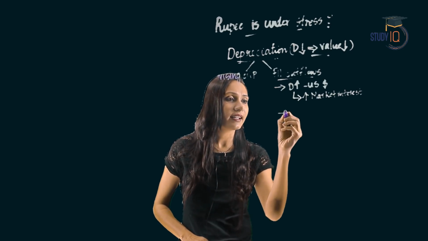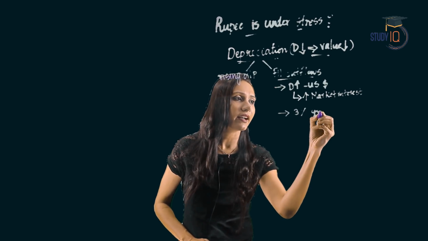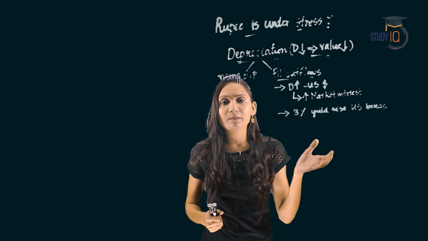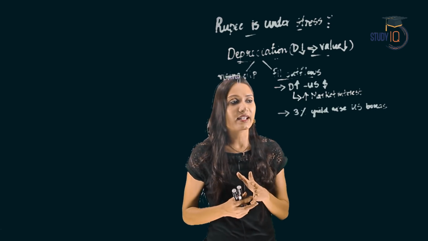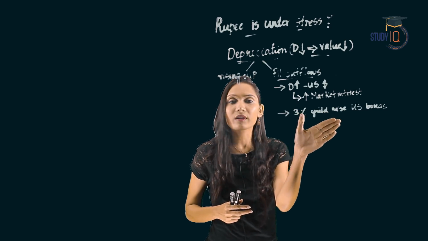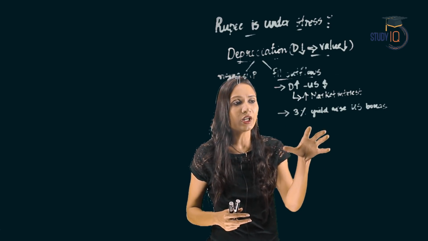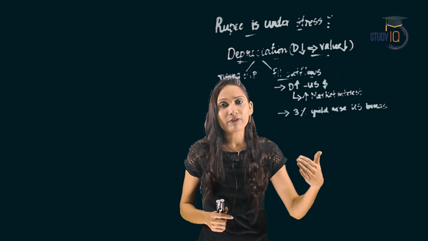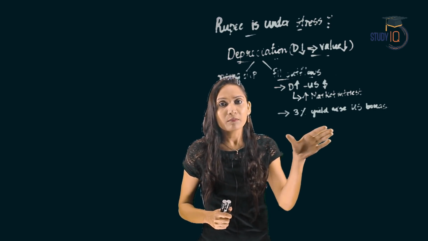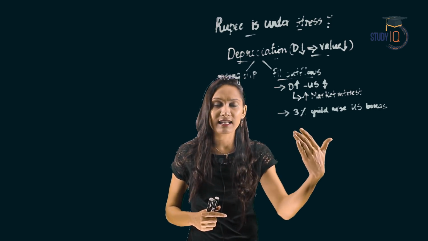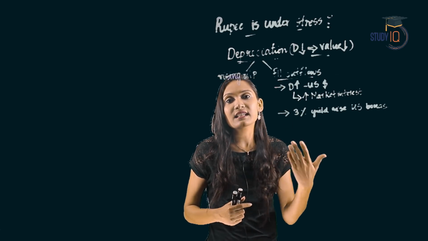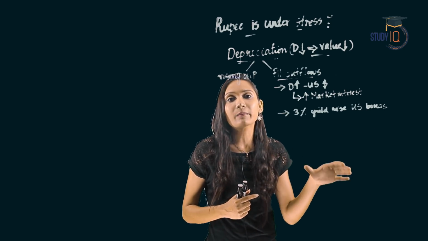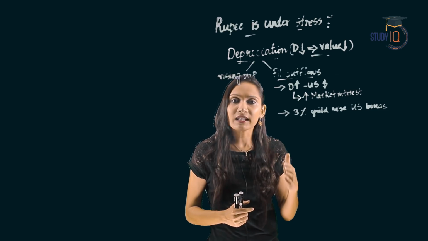Another reason is that there is a 3% yield rise for the US Treasury bonds. This means that the US Treasury bonds will now give more returns for the investor. Here you must understand the term yield. What is a bond yield? You should also know what a bond is, what bond yield is and what a bond return is as well. Later in this session we will discuss bonds and bond yield. For now, understand that when the bond yield increases, this promises higher returns to the investors. This concept will be clear when we learn about bonds and bond yield. I will cover the topic in this session itself.